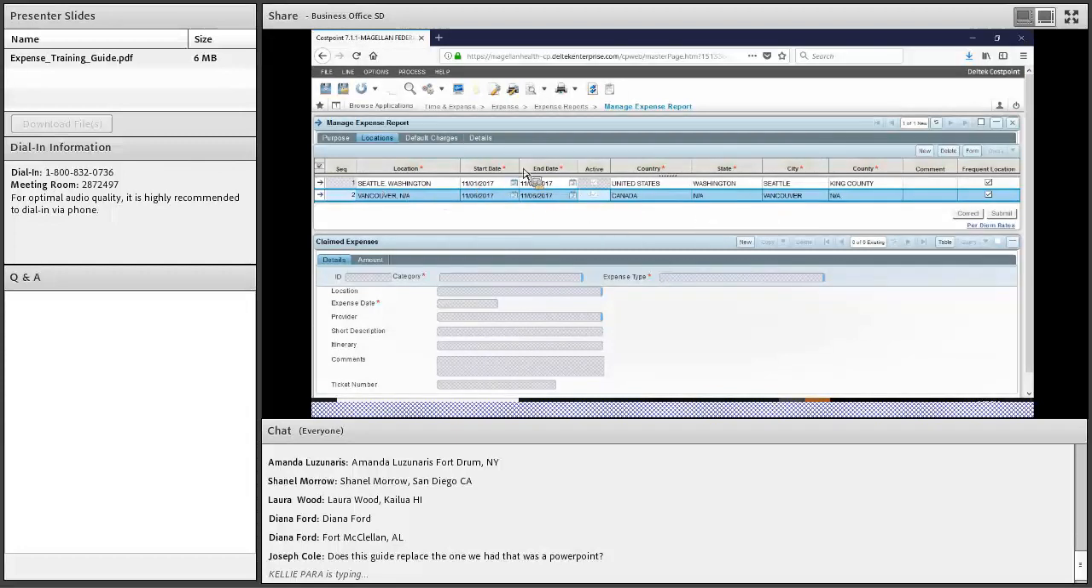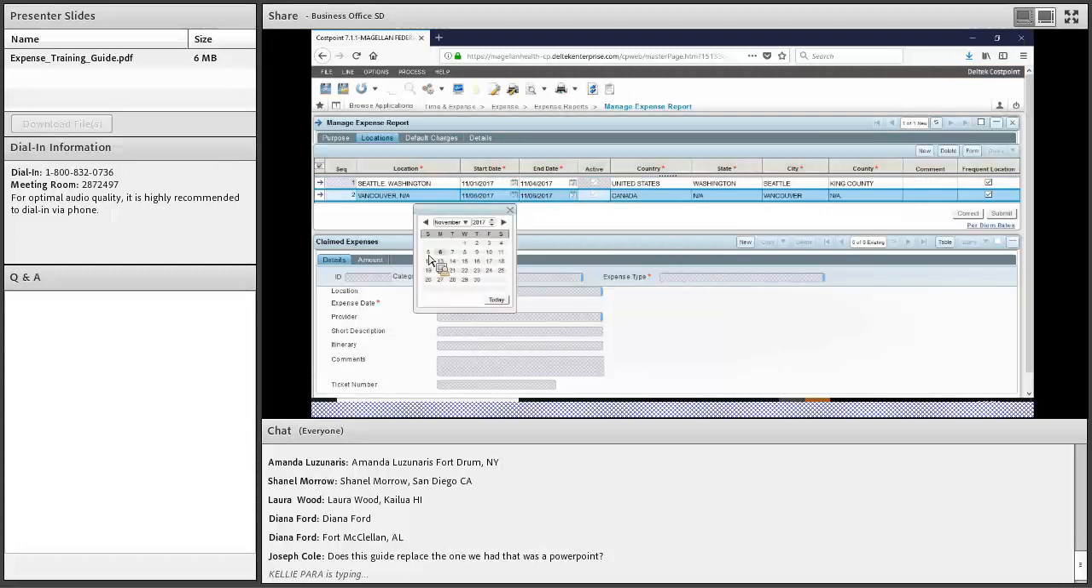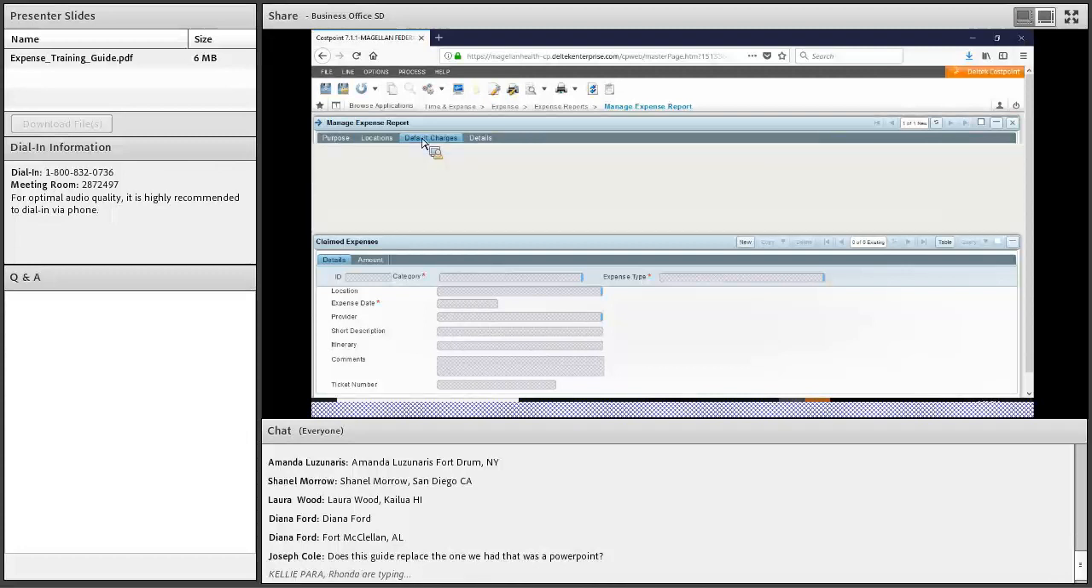Once you've completed entering in your locations for multiple locations, you can then change the dates. So I'm going to change Seattle to the 4th, and the 5th, and the 6th for Vancouver. Once you've completed ensuring that all of your dates are correct on your locations, you can move on to the